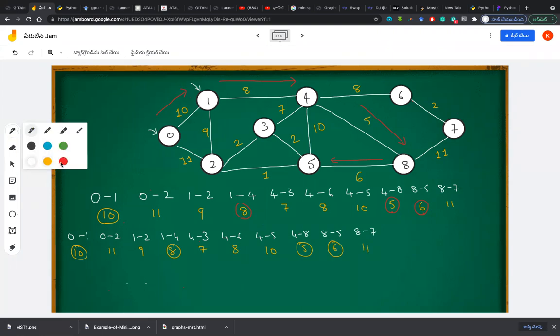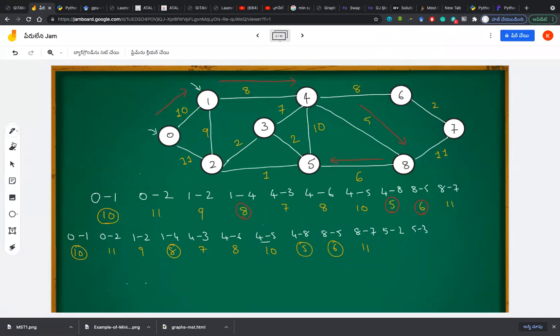Now I have to write something like 5 to 2, 5 to 3, 5 to 4. 5 to 4, I think there is already no need for us, because 4 to 5 is equal to 5 to 4 because this is undirected. There is no need for us to write that. 5 is connected to 2, 3, 4 and 8, because 5 to 4 is already in our list, you can see here. And 5 to 8 we came just now. So we have 5 to 2, 5 to 3.